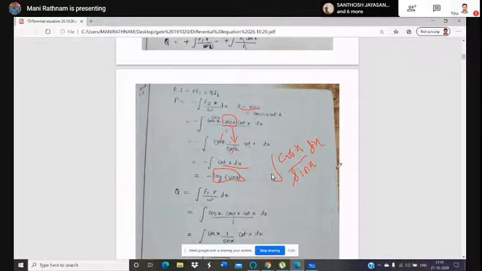So after converting it like this, with the help of this formula you can also evaluate it. What is that? Using the famous formula, important techniques. When the differentiation of the denominator appears in the numerator, the resultant is log of the denominator. Here the denominator is sin x, and the differentiation of sin x is cos x. So the differentiation of the denominator reflects in the numerator, which means the resultant is log of the denominator.